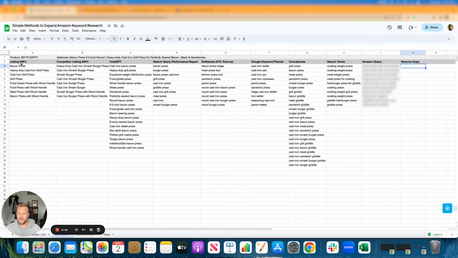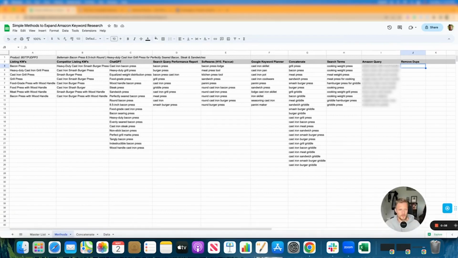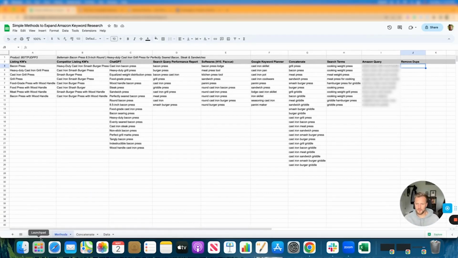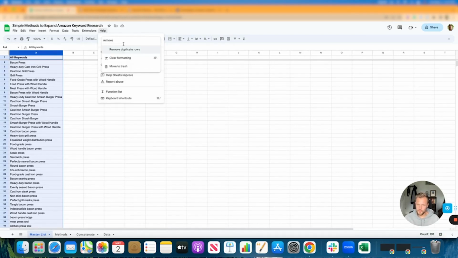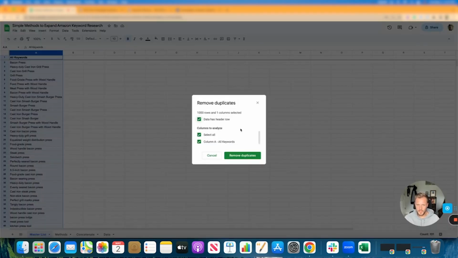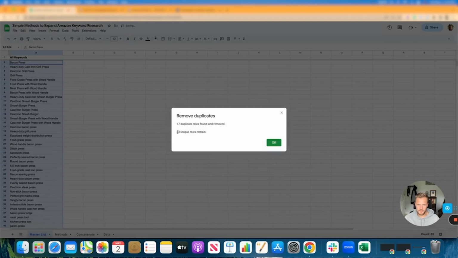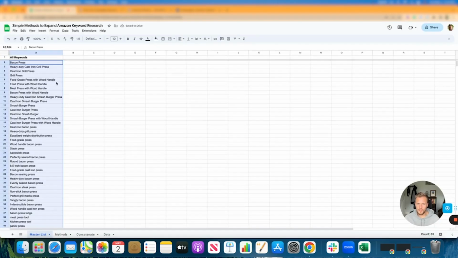step. Now that we have completed the keyword research process using the above methods, the final step then is just to remove duplicate rows to avoid any redundancy in our master keyword list. So what I've done is taken all of these keywords and I've moved them over to a master list. And what we'll do is we'll select A, we'll come up here to help, and we'll select remove duplicate rows. And I did create a header. We do want to mention that the data has a header row. We'll remove duplicates. And what that leaves us with is 83 unique rows or 83 unique keywords to utilize and